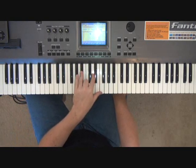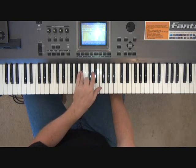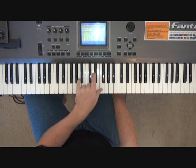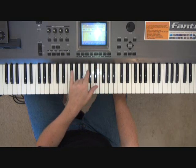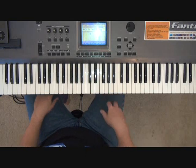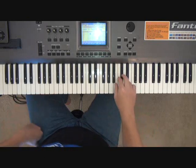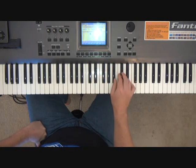A little slower. 1, 2, 3, 4. Let's look at what the right hand is doing, then we'll put the hands together and I'll play through it several times slow. The right hand is up on this B flat, which is the B flat above C, and